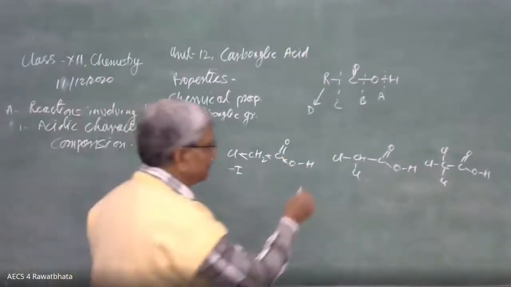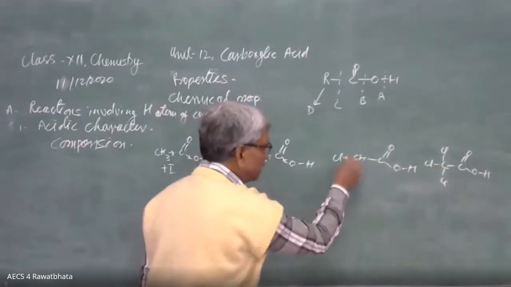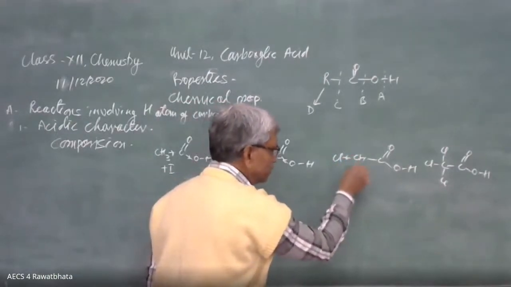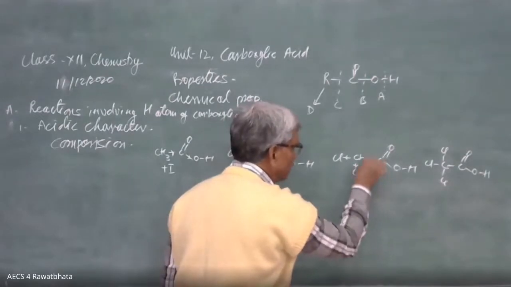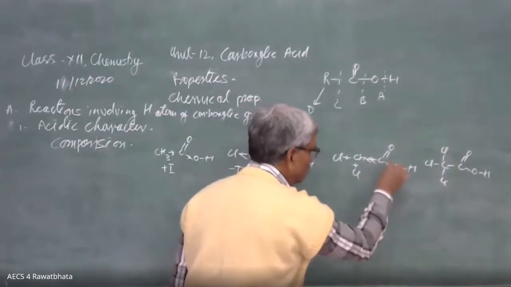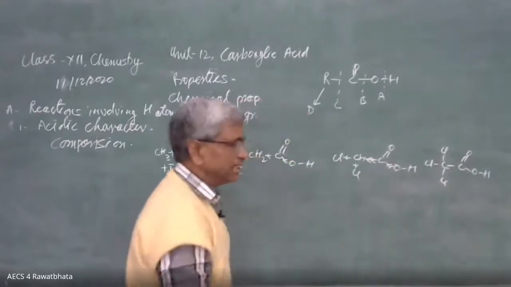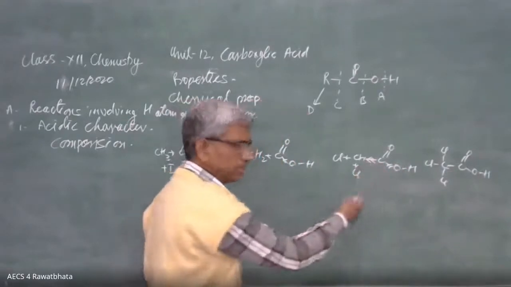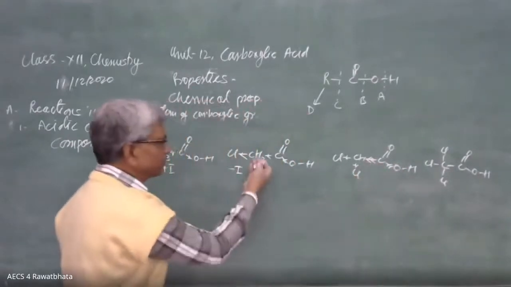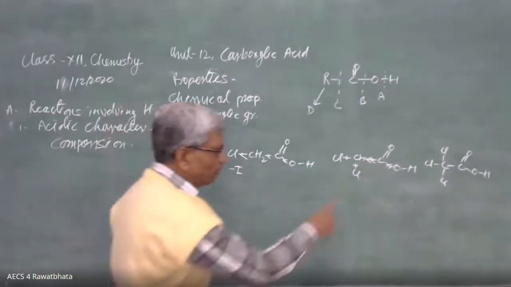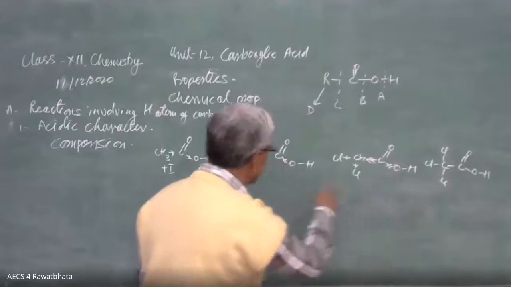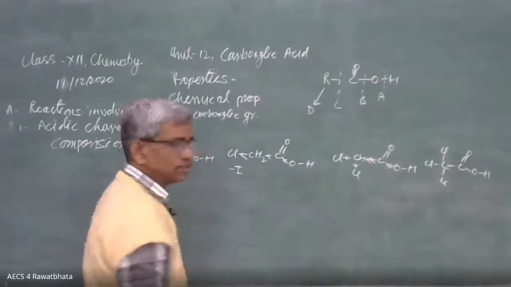And here, 2 Cl are attached to the carbon atom, and the arrow is like this. 2 arrows we have to mark. This shows that the shifting of electrons is to a greater extent as compared with chloroacetic acid. So over this carbon, electron density is minimum as compared to the previous two.